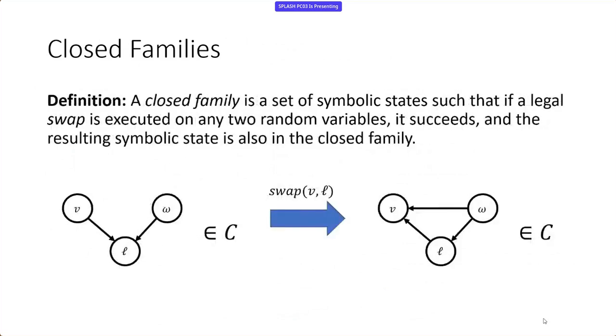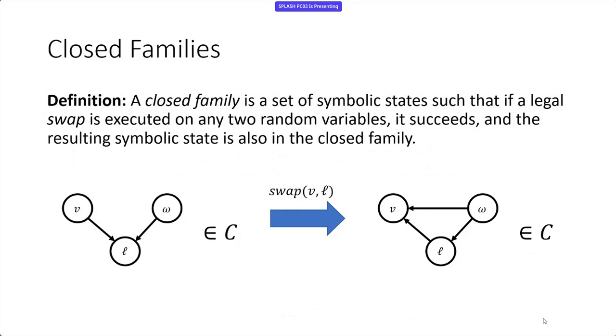Great question. The closed family theorem negates this by being closed. So you always end up with a minimal thing after this. Any swap that you do is going to keep you in the closed family, so you can keep swapping all you want. Your new state is going to be in the closed family, and you can still perform a swap on any two variables. But could the order of swaps you choose end up with two different final results? You can certainly end up with two different final symbolic states. But both symbolic states will be in the closed family.